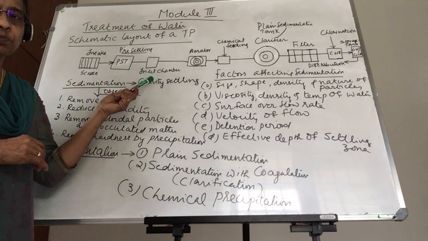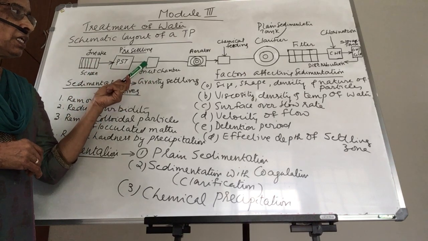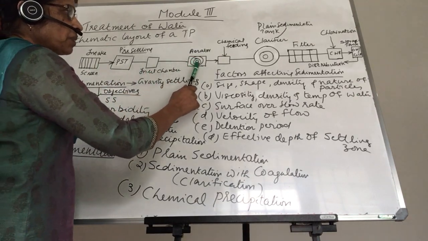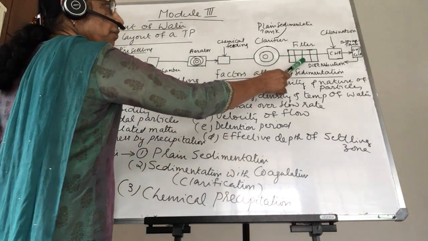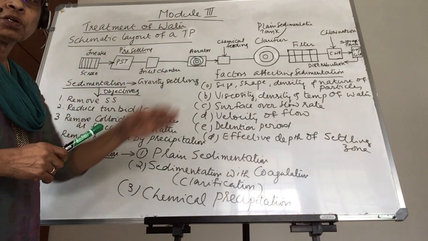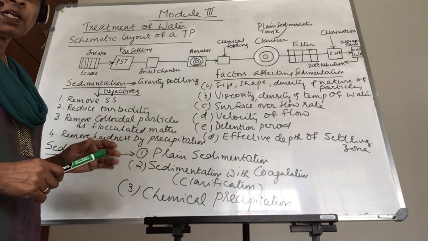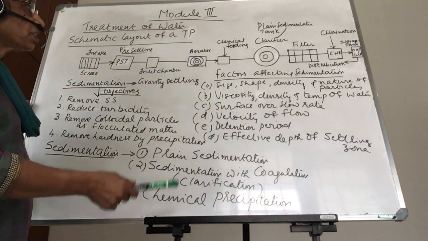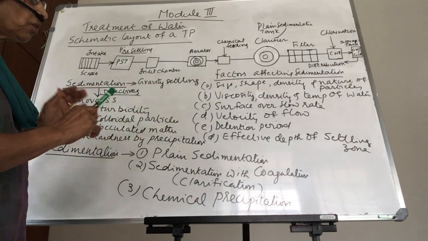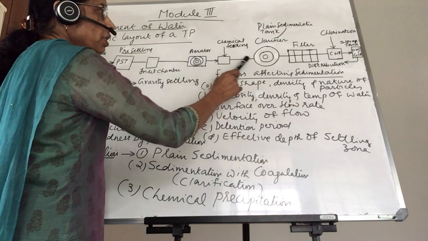Then the inlet chamber, again, is an optional unit. Once the water is pumped to the inlet chamber, if all the treatment process units, that is the aerator, chemical feeding, the clarifier, filter, etc., are at a very high elevation, that means at an elevated location, then you can have this inlet chamber to control the flow, so that from the inlet chamber the water can flow to these further units.